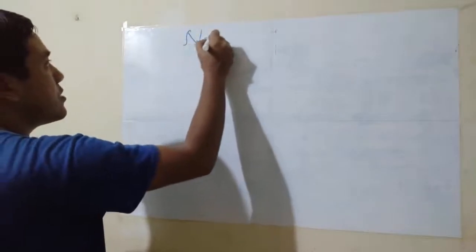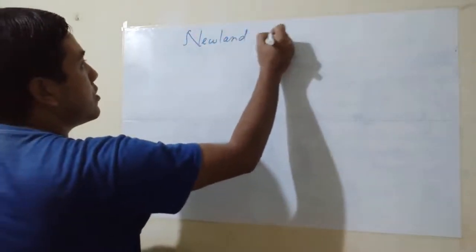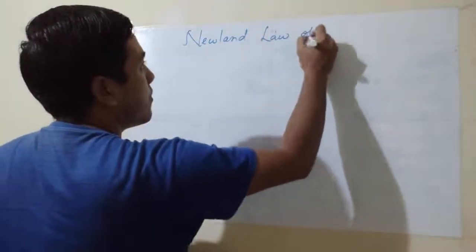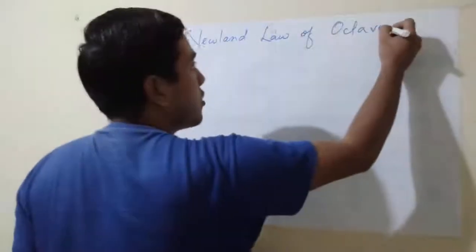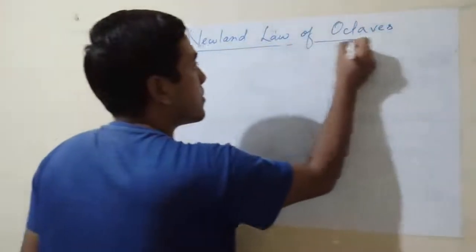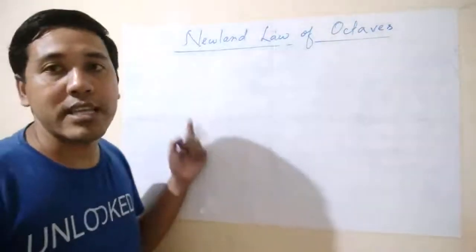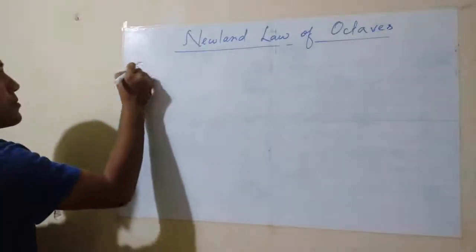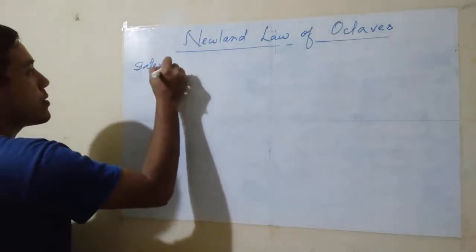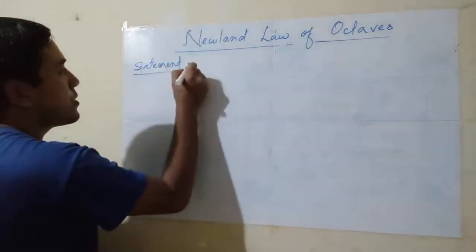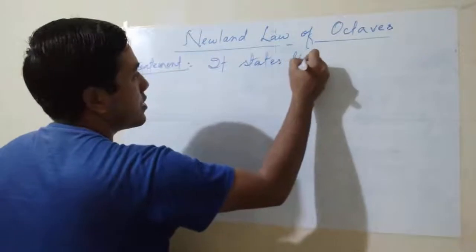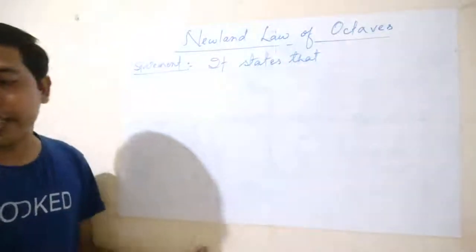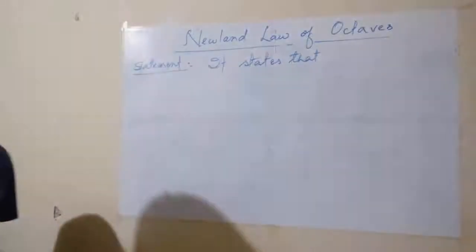Today's topic is Newland Law of Octave. What does this Newland Law of Octave state? Here is the statement. It states that when the elements are arranged,